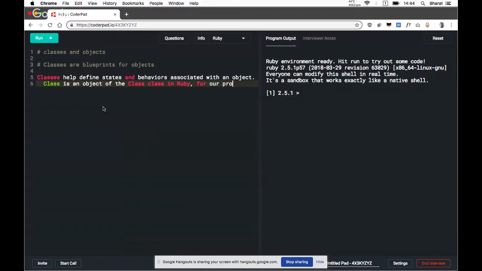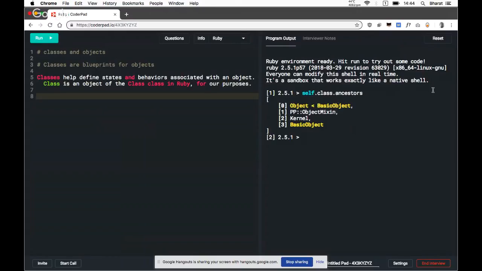for our purposes at this point, I think we're talking about a level of abstraction higher than that. If we look at this whole object, Kernel and BasicObject, these classes are going almost underneath the main that we're working with right now. So I think we want to talk about classes that come above this level. So above main, on top of main. What do we build inside of main?